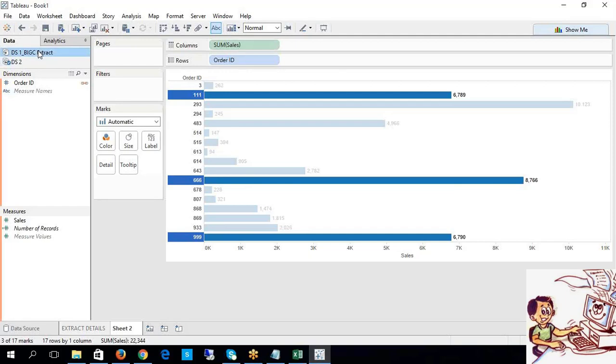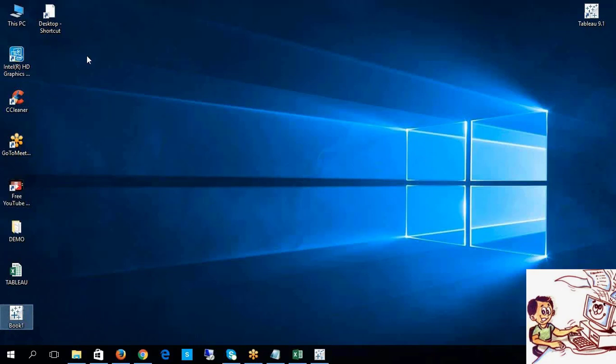We just selected the extract connection, and then while navigating to the sheet, it automatically asked us to save the TDS file. But the second time, where did you save the file? In my desktop, yes.